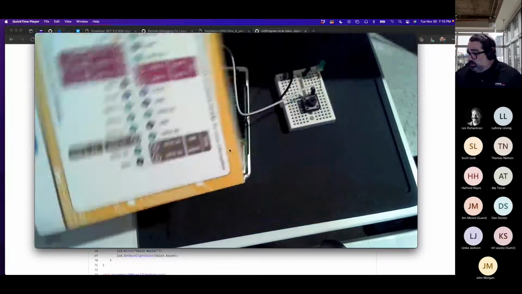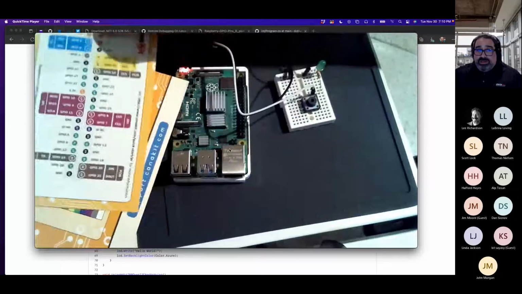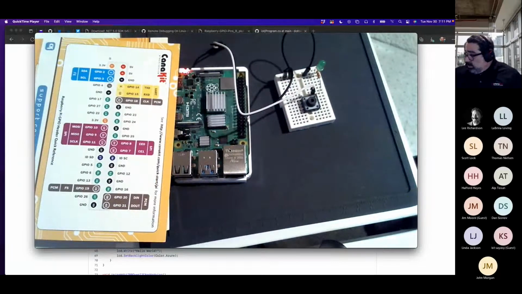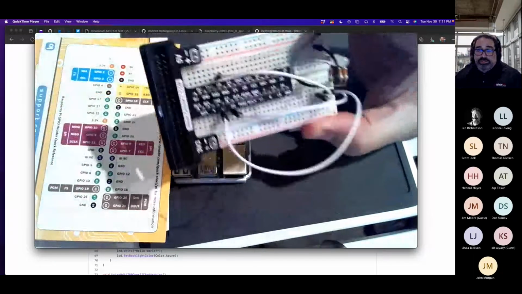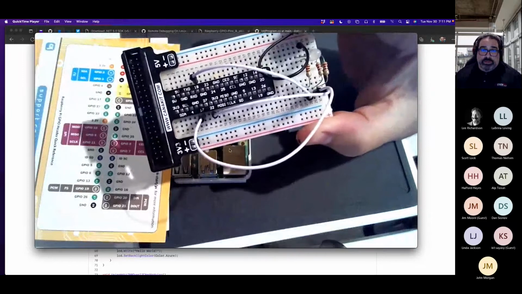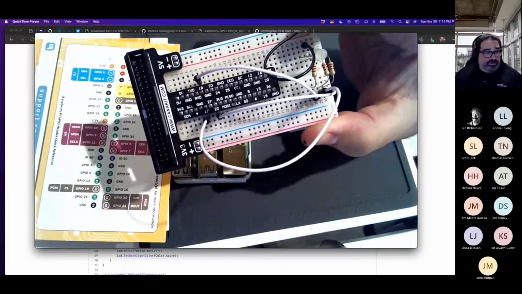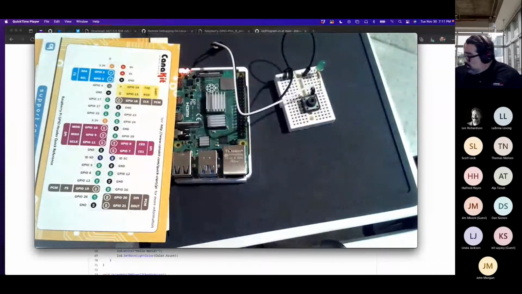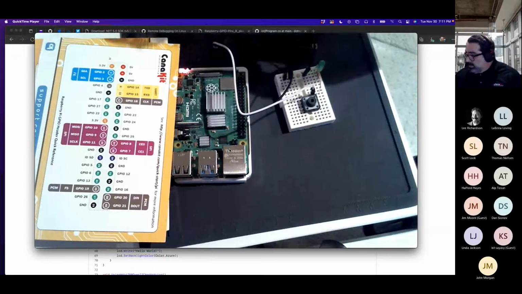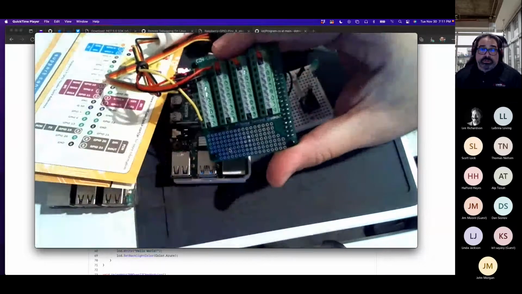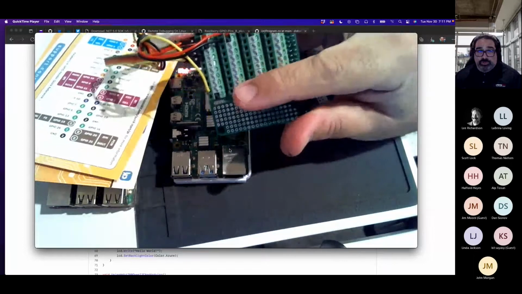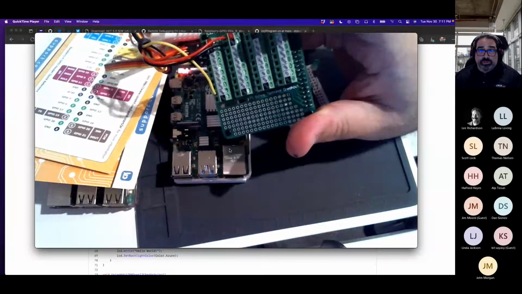On this board, it's going to be a bit of a pain because I don't have any guidance or whatever. That's why I have that thing handy on the left. But if you notice on the other ones, like I have this nice little breakout into the breadboard, and I have all the labels already for the logical board. On this one, another type, this is a hat that basically acts as a breakout board. Let me get that into the screen. So also labeled. For the demo, we'll be using logical pin 26 over there.